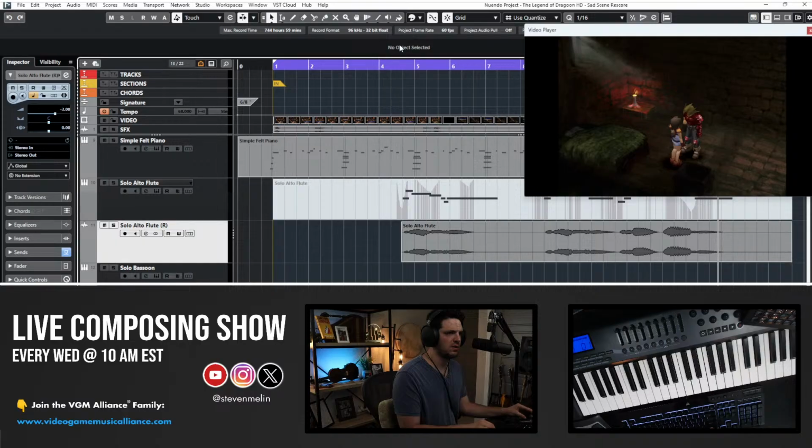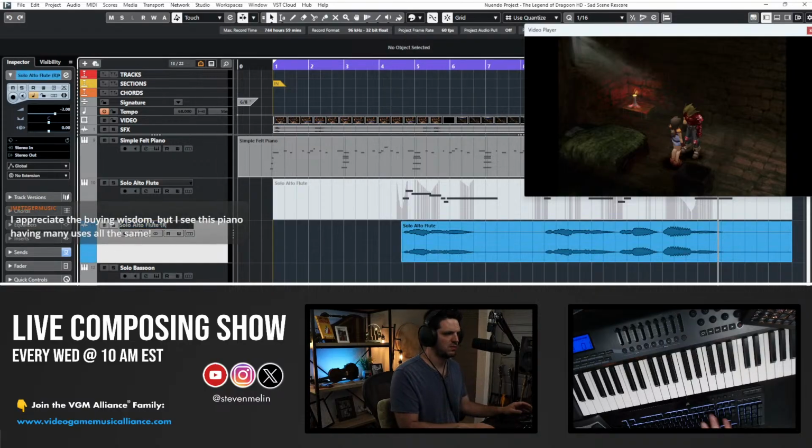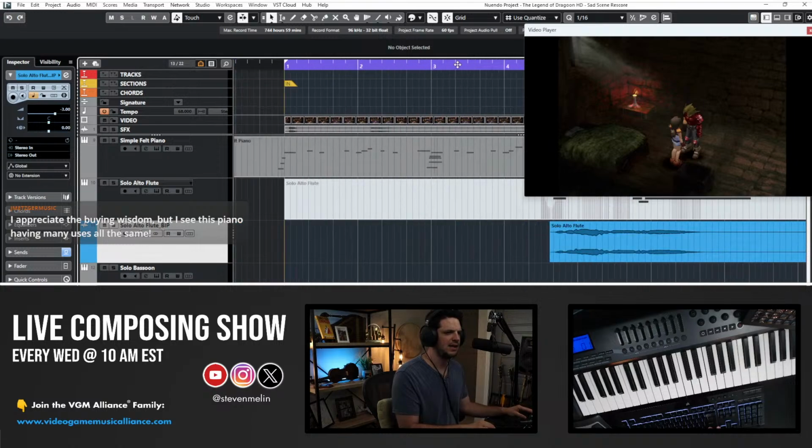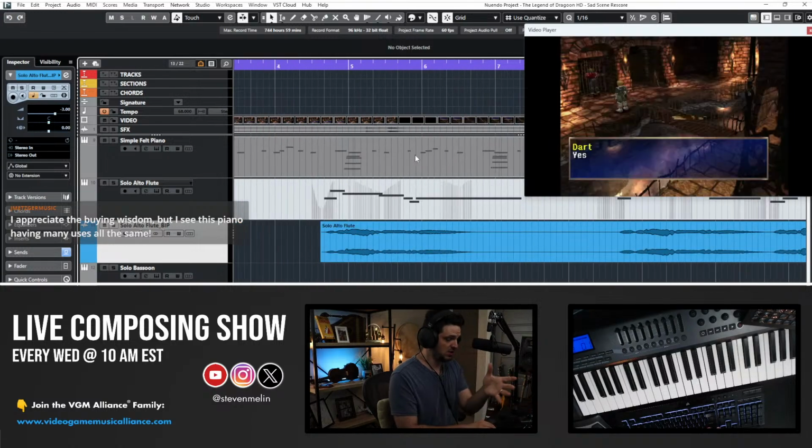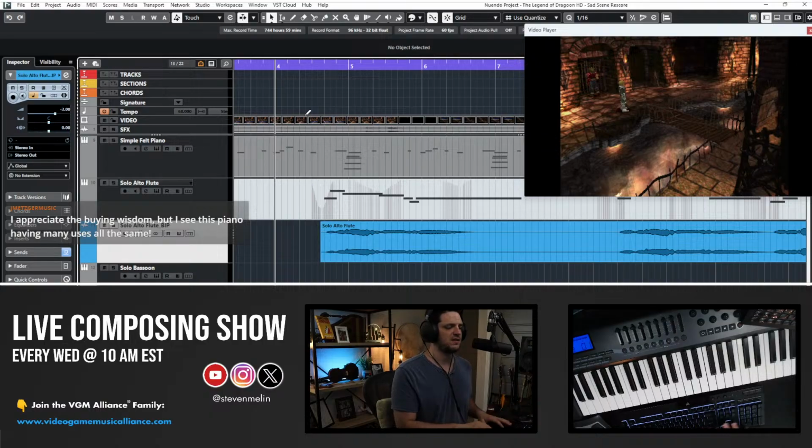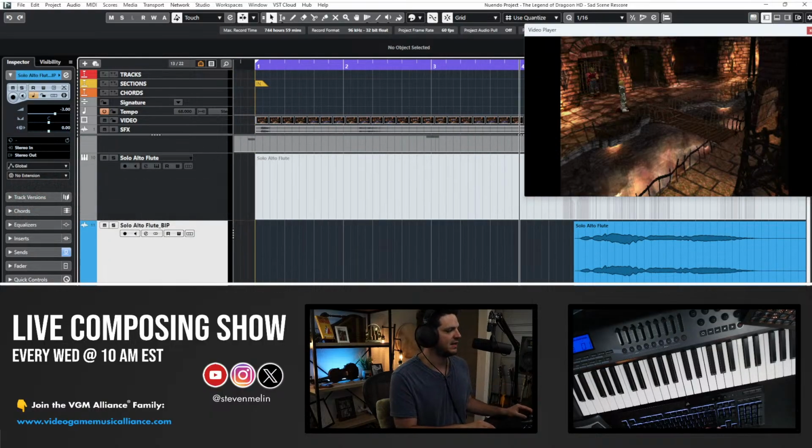So what I've done here, taking this beautiful little phrase, and now I have complete control over what it's going to be like instead of always relying on MIDI. I can line it up dead on to what I want, and I can change the audio, I can boost, I can reduce, all that stuff. So now I'm going to tweak it to really make it exactly what I want.